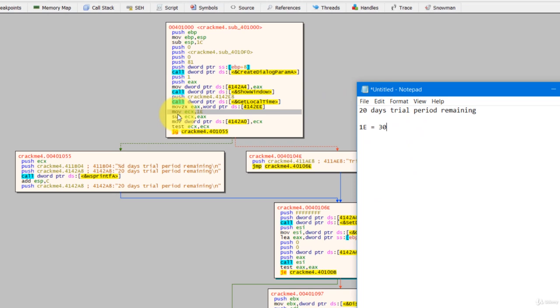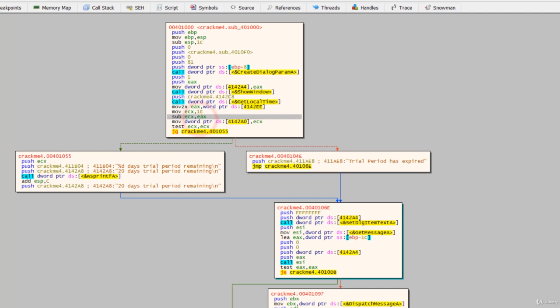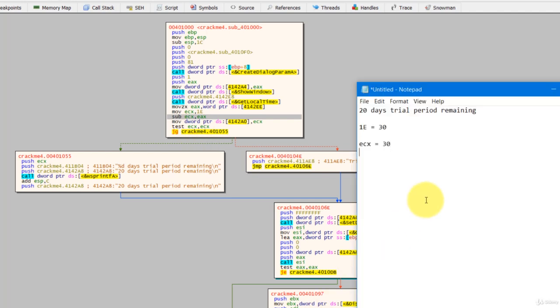So in this line, move ECX 1e means that you are assigning ECX to be 1e, to be 30. And over here, you are minusing EX from ECX. In that line, you are taking ECX minus EX, and then you assign the value back to ECX. So this will work out to be ECX 30 minus EX. Okay, so if you take 30 minus EX, your value here will be the result of this arithmetic, and we know that ECX here